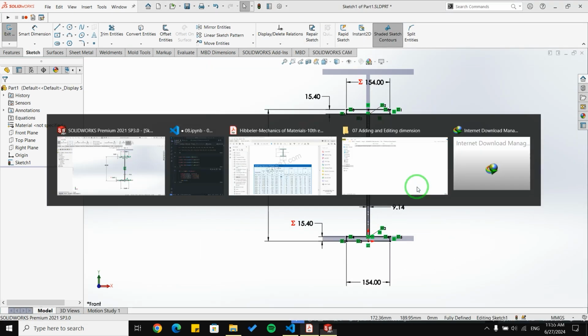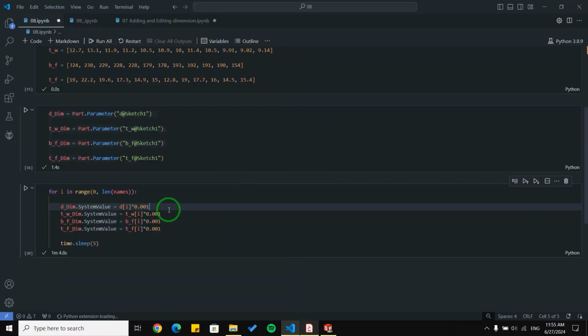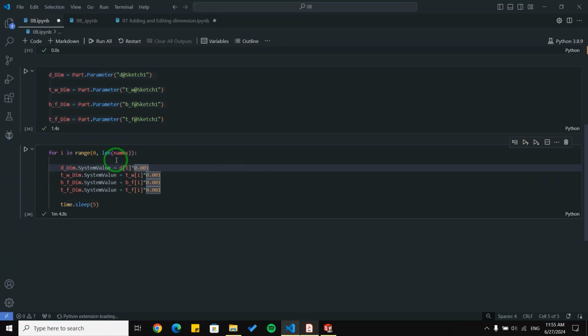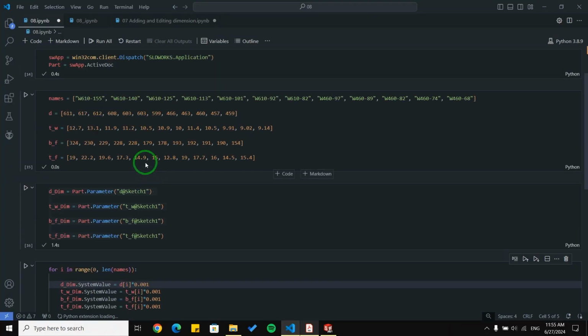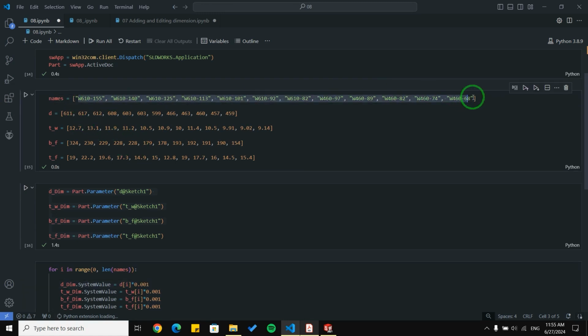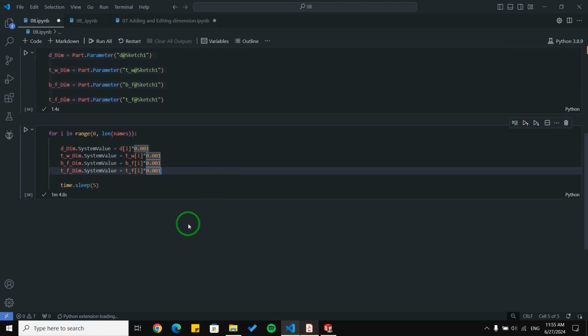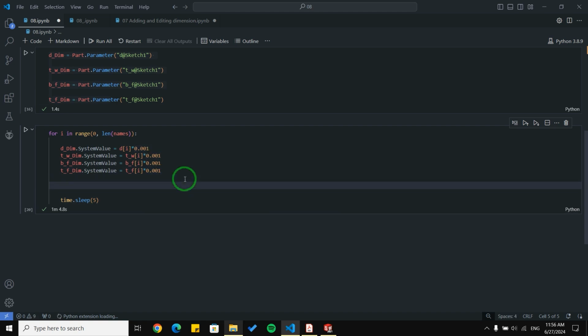Now I'd like to change my code so that I'm able to save my sketch with a specific name. I'm going to use this name for my file, and we talked about how to save a file in SolidWorks using Python. I'm going to use that code and add it at the end of this function. For saving a document in SolidWorks, we talked about it in the video. You can see it up here and you can watch it to learn how to use the save as function. I'm going to just paste it here.